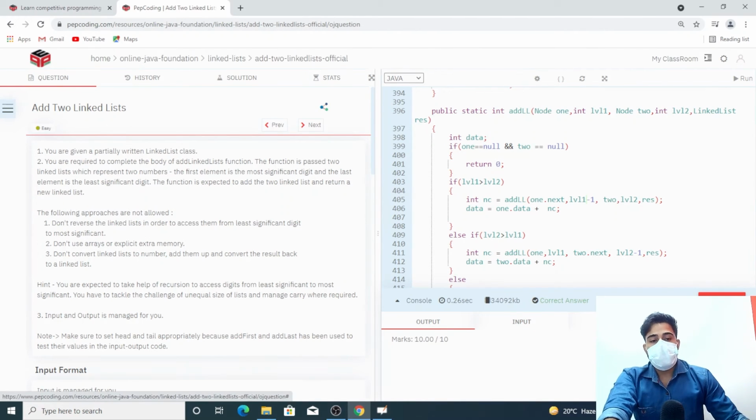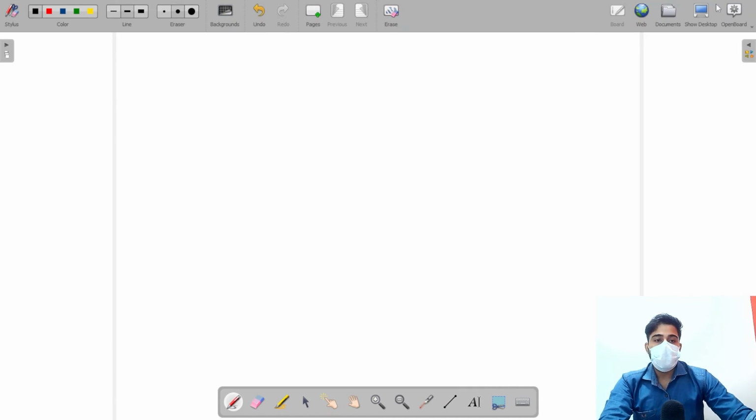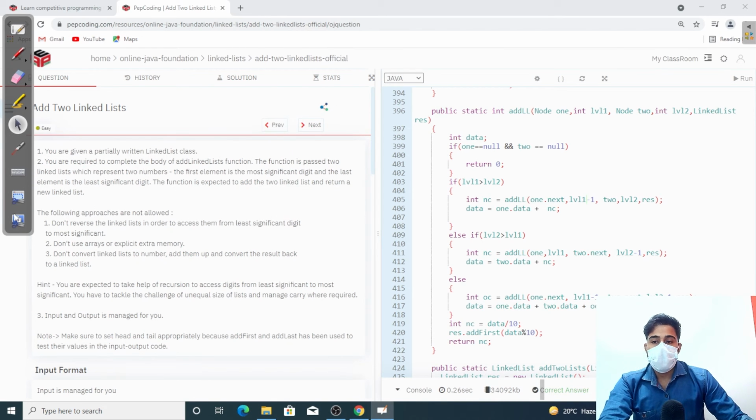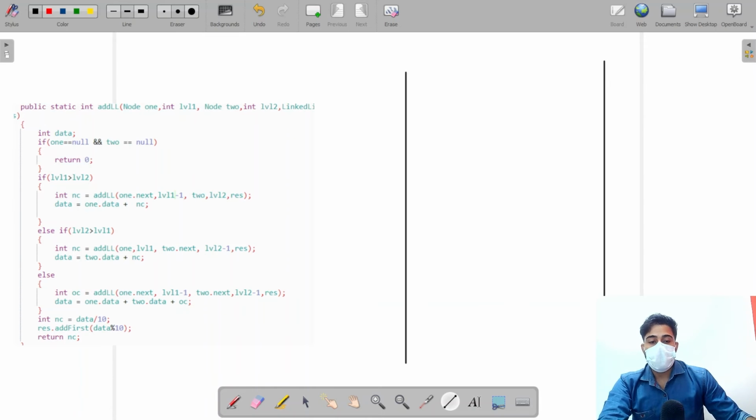Yeah, it is accepted. Okay, so here let me take this code. As we know that we are working on the function stack throughout the work,